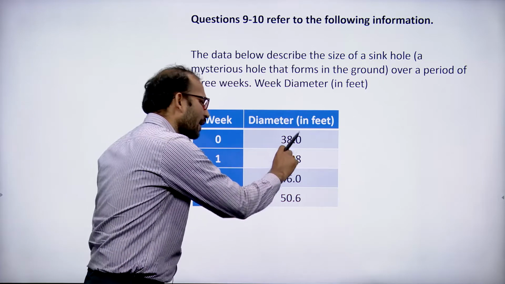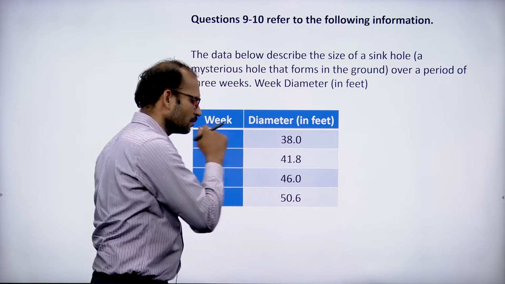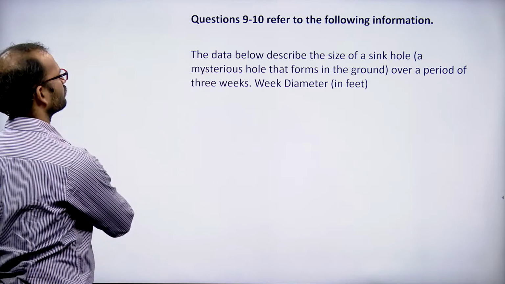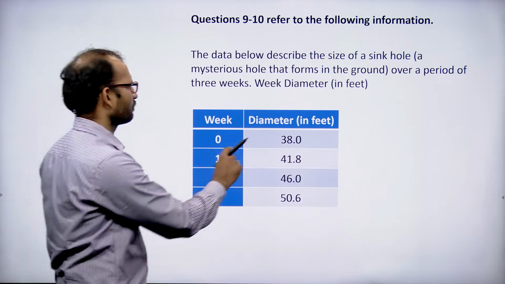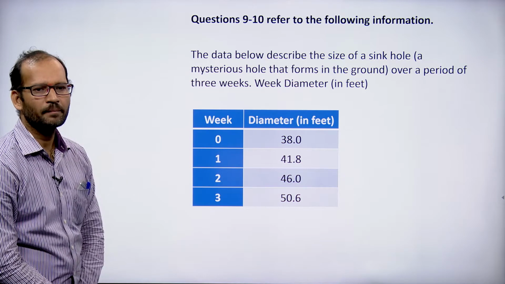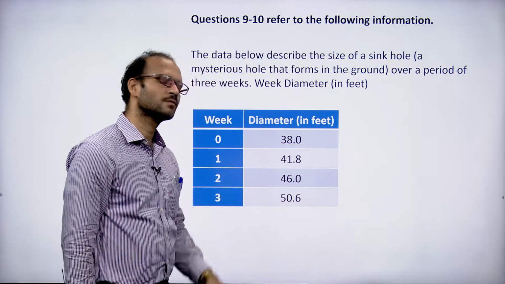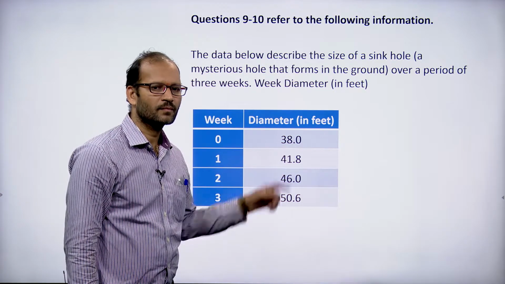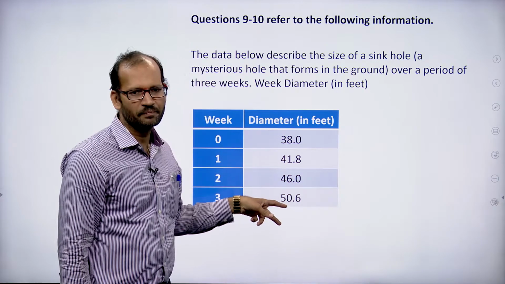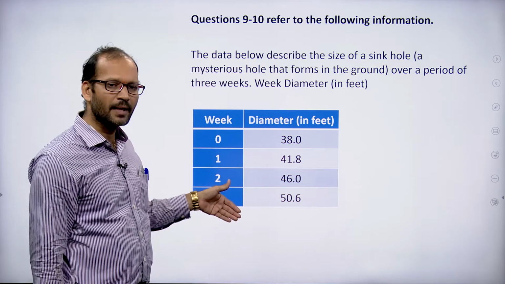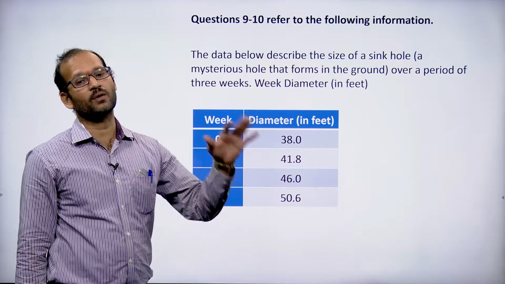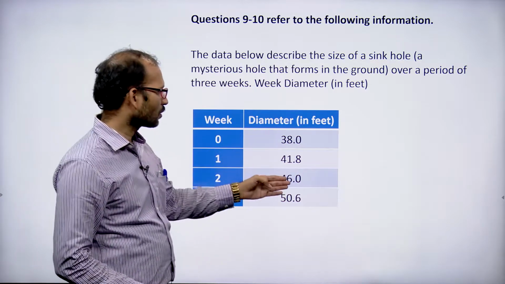If it is increasing at a constant rate, suppose, what is the difference between these two? 2.2, right? Yes, the difference between these two, 3.8, right? But here the difference is 4.2, not the same. If the increase or decrement is the same for the corresponding time gap, then we do not say that it is an exponential growth, that is a linear growth. But here the growth is not the same.